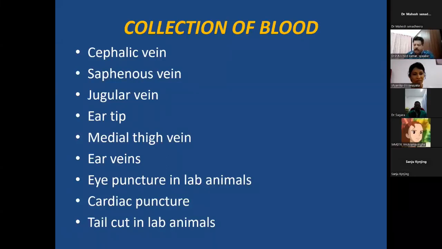So in lab animals, we collect it from the puncture of the eye. For example, in the case of a small mouse, we cannot find a prominent vein. There we collect it from direct cardiac puncture if you want too much blood, because a mouse weighing just 30 or 50 grams, we cannot draw too much blood. The maximum amount may be 1 ml or so. So we will have to collect the blood from the right source. Mostly, I have seen it several times, collecting by cardiac puncture. If we want just a simple drop of